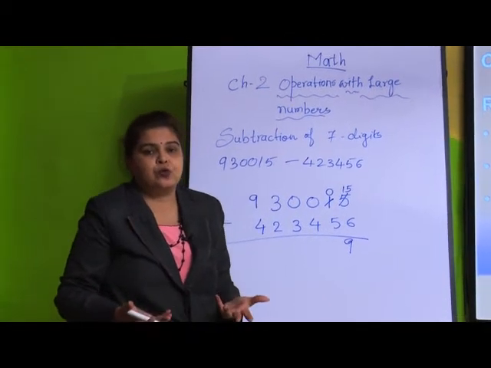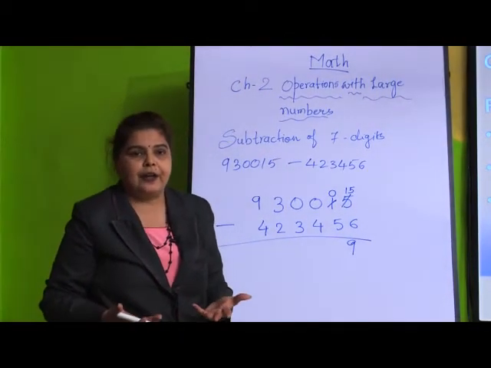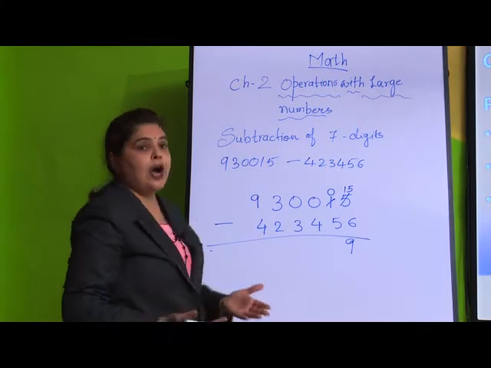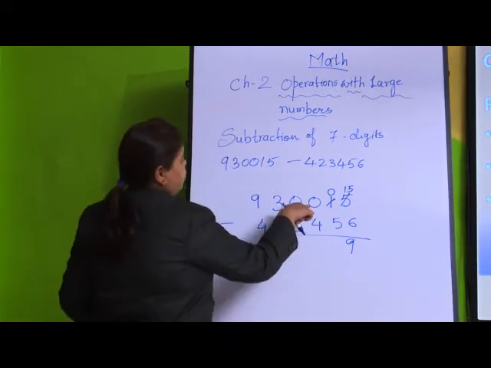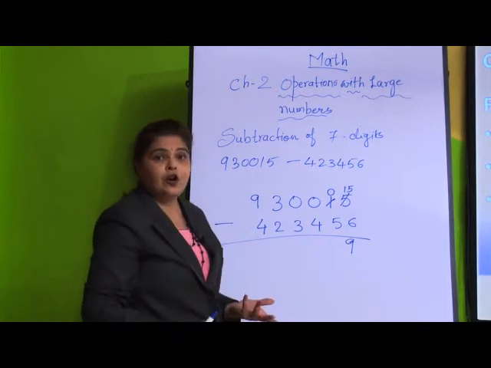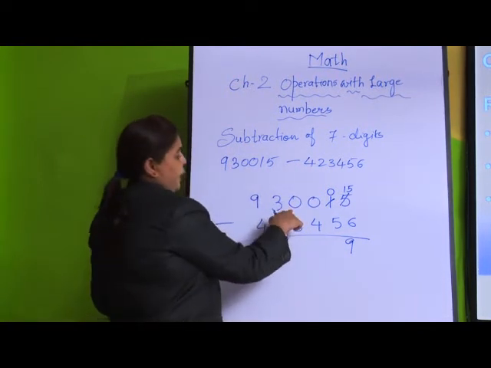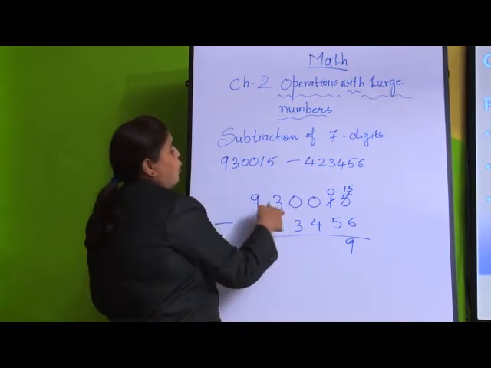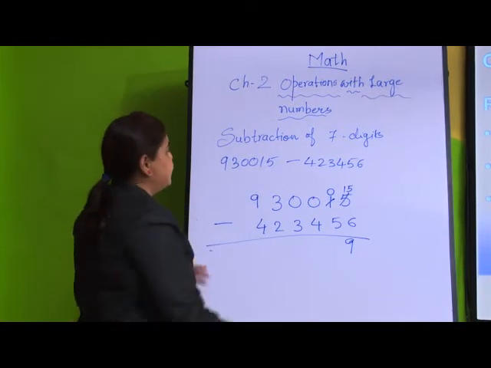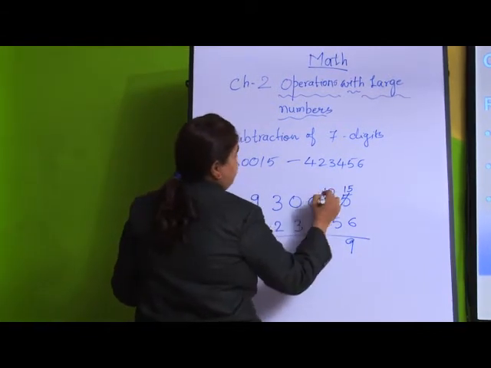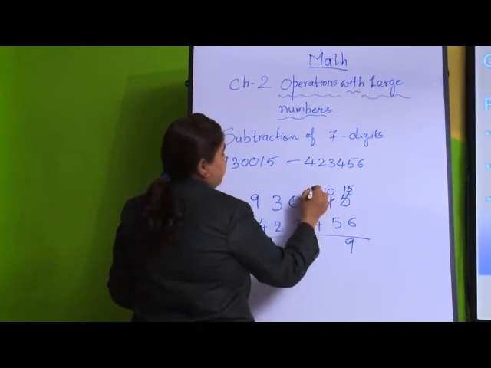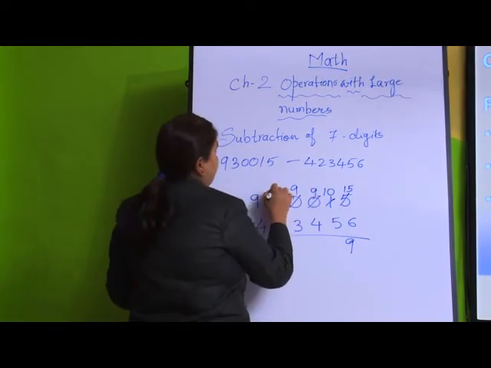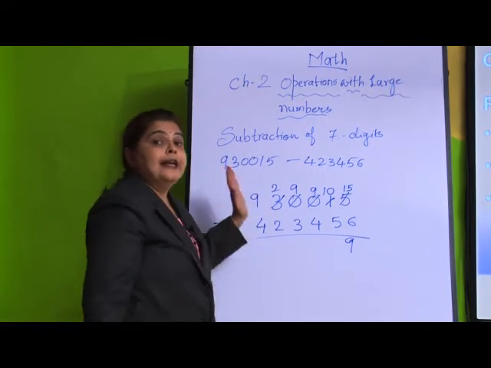0 minus 5, no, I do not have any mango and I want to eat mangoes. What should I do? I have to say to my friend, give me some mangoes because I want to eat. I do not have any mangoes. So, what should I do? I have to borrow from my friend. Who is my friend? My friend is 0, but he is also not having mangoes. So, I will go to my next friend, but he is also not having any mangoes. So, I will go again to the next friend. In subtraction, 0 minus 5 is not possible. So, we make it 10, and here we will write 9, because the number before 10 is 9, and we are borrowing from the next two friends.